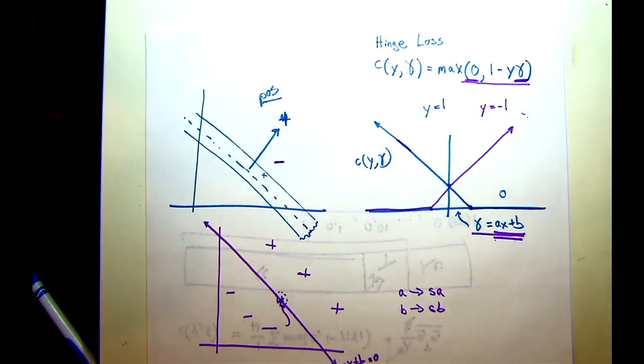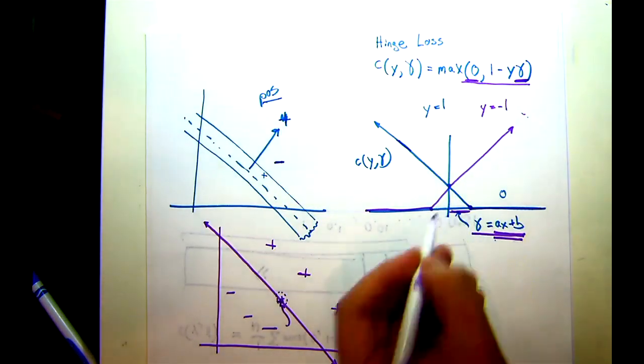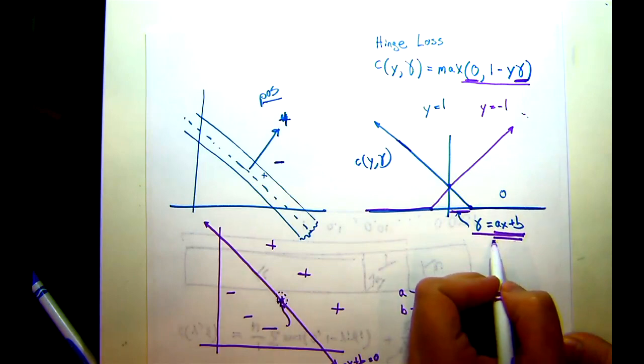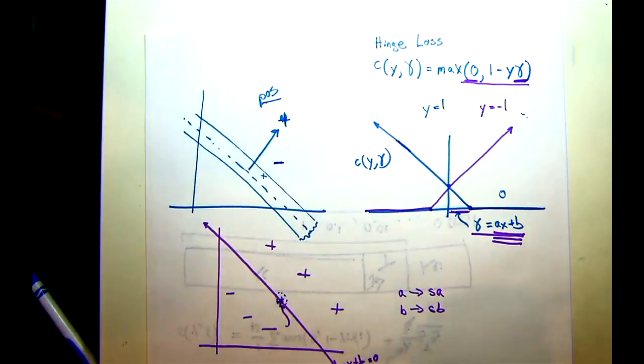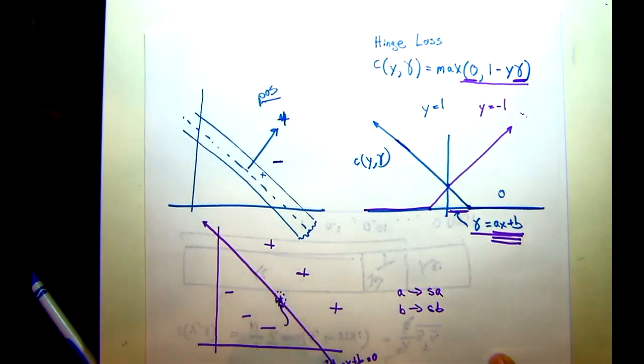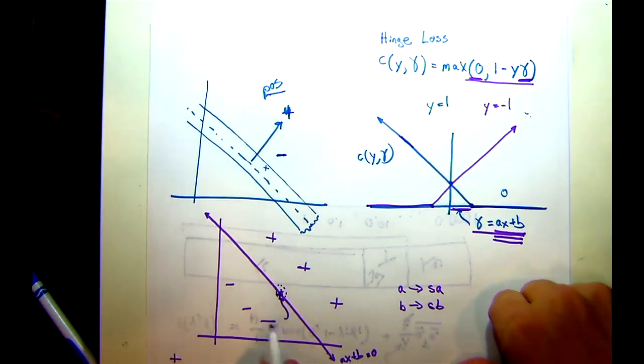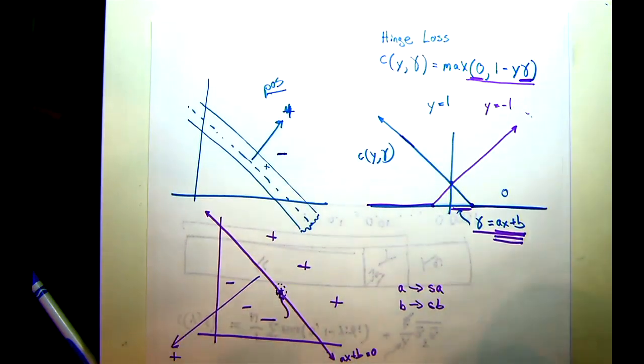categorized, you basically don't pay a cost, except for that small margin region right there. You end up not paying a cost. But you keep paying a higher cost because this value keeps going higher and higher as you get more and more incorrect. You get farther and farther from the line. So in this particular guy, if this is the AX plus B equals 0, if you have a positive way down here, this has a very negative, it's sort of distance this way, has a very negative AX plus B, and that's where that cost comes in. Good? Cool.